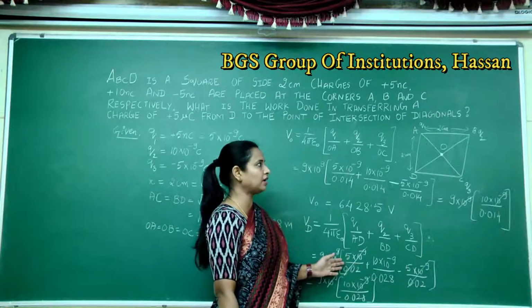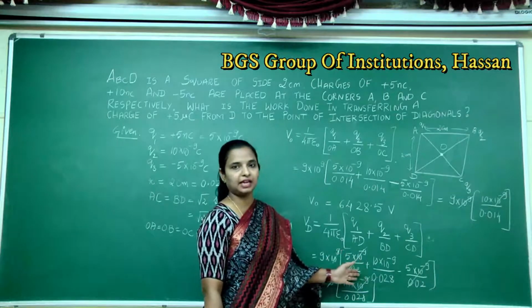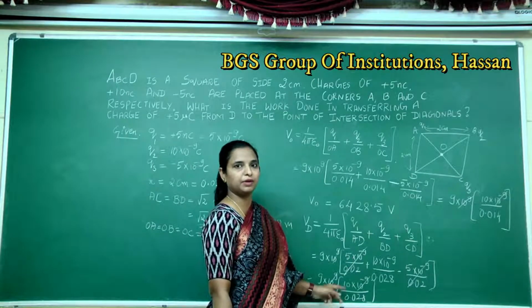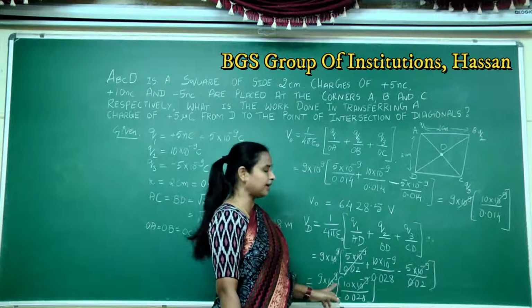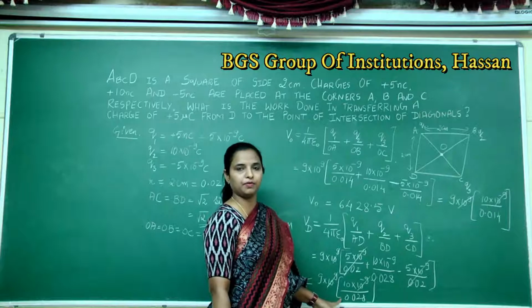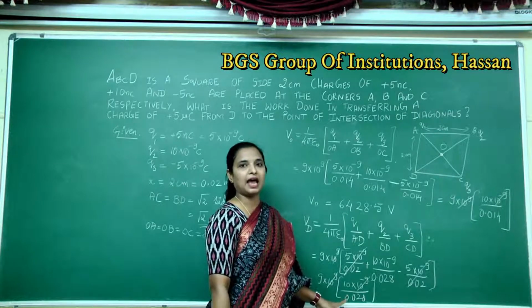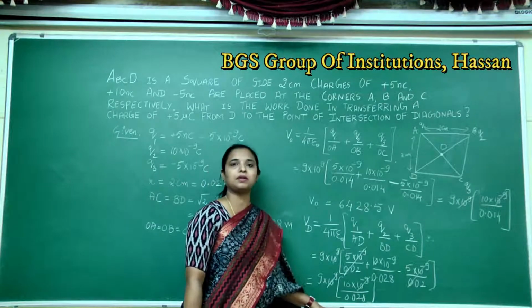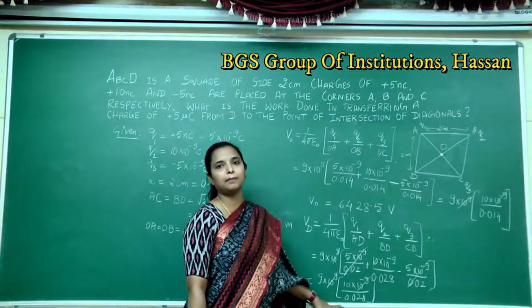Okay, then only you can do the calculation part. Here, since we have the multiplication between two factors, then we can directly cancel it out, because during the multiplication of 10 powers, the powers will get added. That is the algebraic sum. Algebraic sum andre plus idre plus maadabeku, minus idre minus maadabeku.